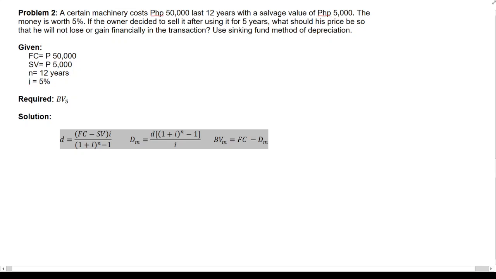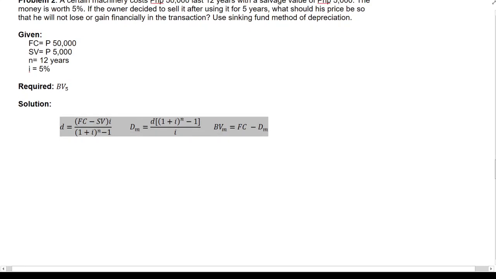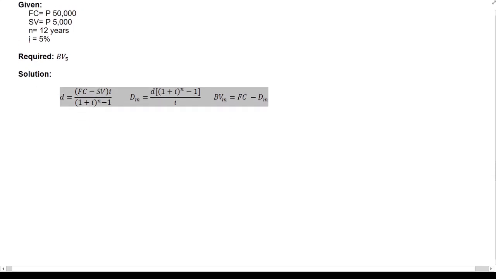So if we are asked to use again the sinking fund method of depreciation, we have here the given: the first cost, the salvage value, the useful life, the interest rate, and the requirement, which is the book value after 5 years, because it says there that the money is worth 5% if the owner decided to sell it after using it for 5 years. Okay, so that is already the hint, or the clue. So using again the solution, we have here solution 1 using the formulas, and for solution 2